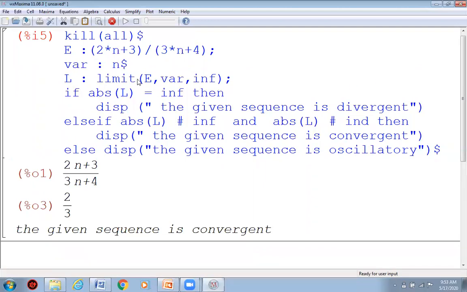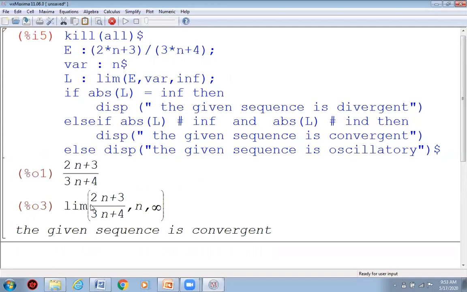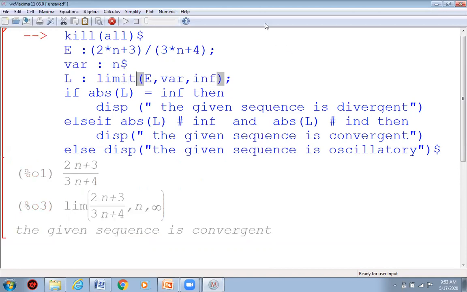Now, one more common error I would like to discuss is in the inbuilt command. So over here, this is a common mistake that we come across. Instead of limit, as we write LIMIT, we write LIM here also. But see what will happen in the output. We get LIM, this is the nth term, and this is the variable, and this is infinity. But here you will not get the value of the limit, right? So therefore, it's understood there is some error over here in the inbuilt command. So therefore, correct it once again and write it, right?